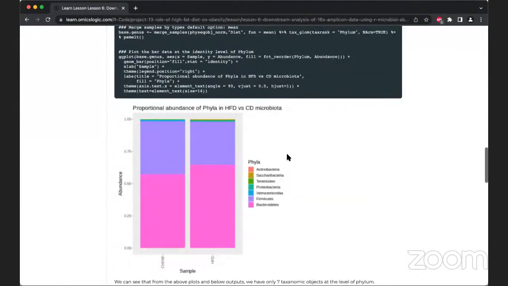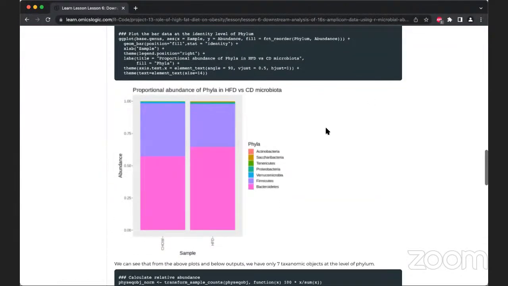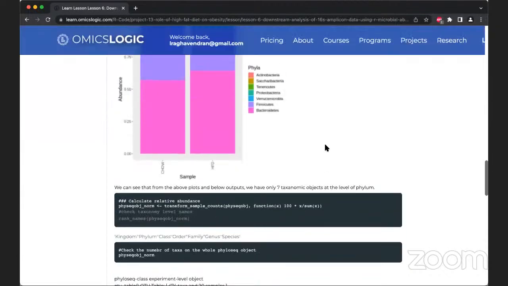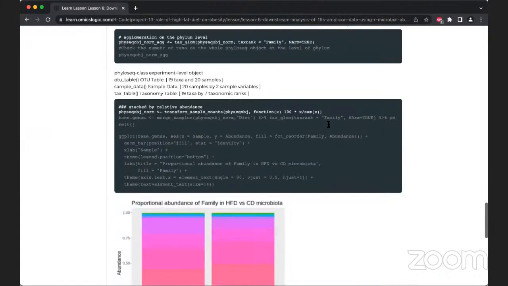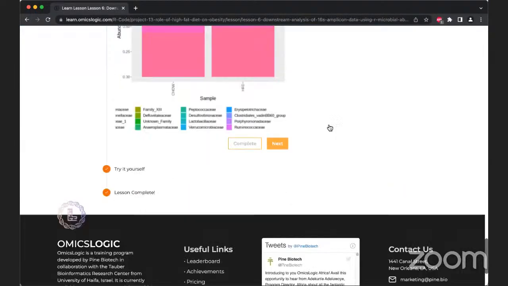So here the data tells us the distribution or proportional abundance of phyla between the Heifer diet and the Chow diet is different for the two different mice. So that is what you will progressively see when performing this analysis, represented and visualized using different